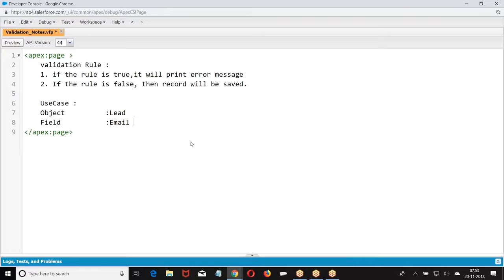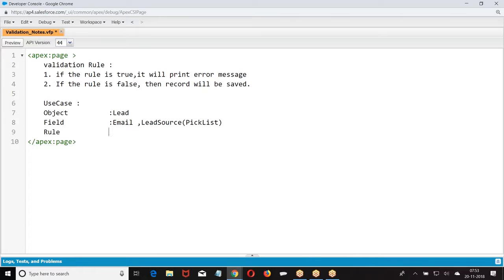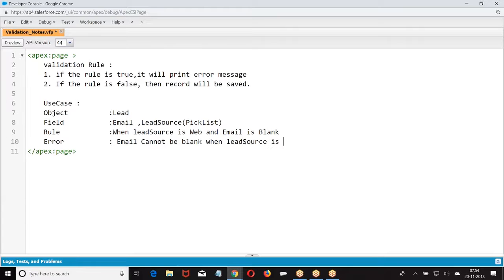That's what I'm doing. Rule: when lead source is web and email is blank, this is what I'm doing.